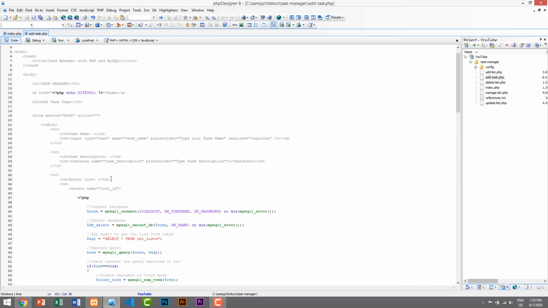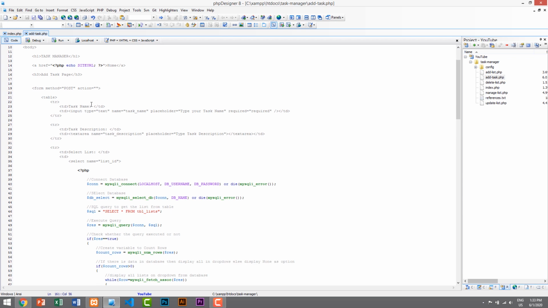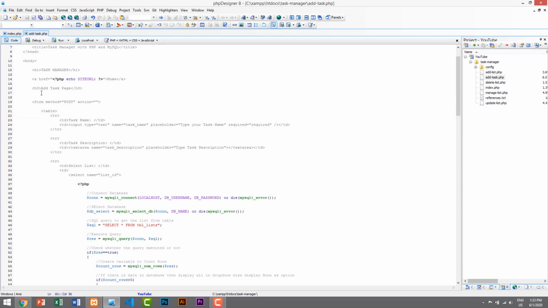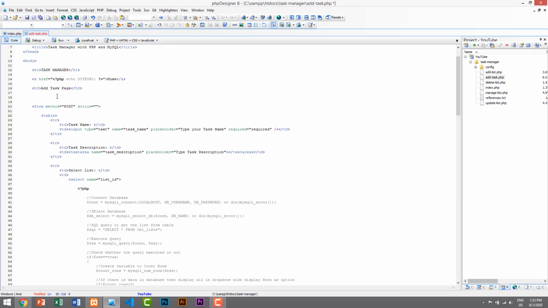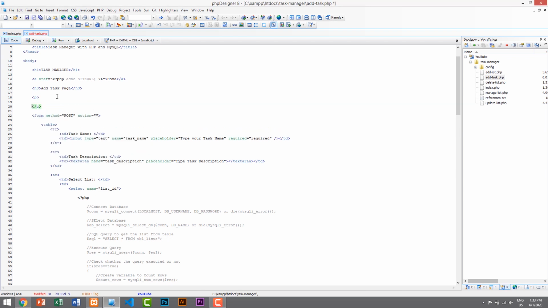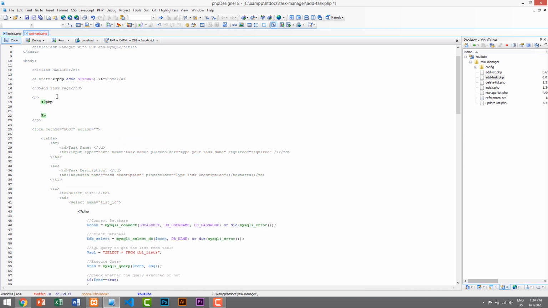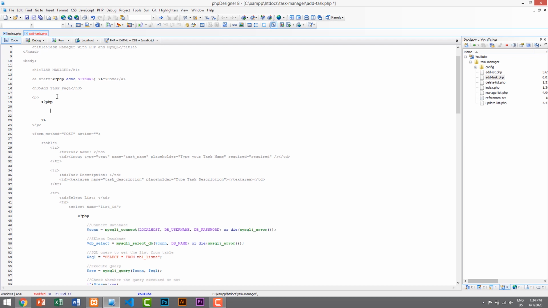Now we need to display the message, so let's display the message here. After the h3 tag, before the form, we'll display the message. So I'll create a p tag or paragraph tag, and inside it we will start PHP, and here we will check whether the session is set or not. So if isset